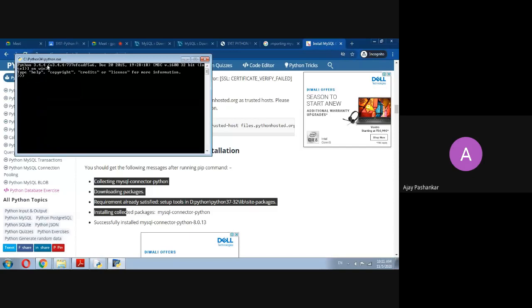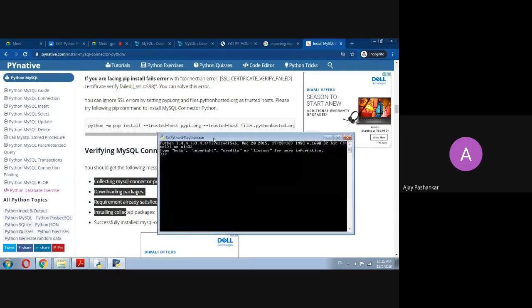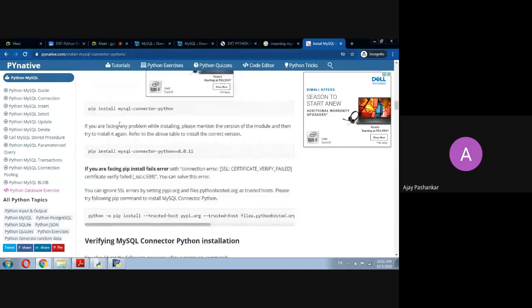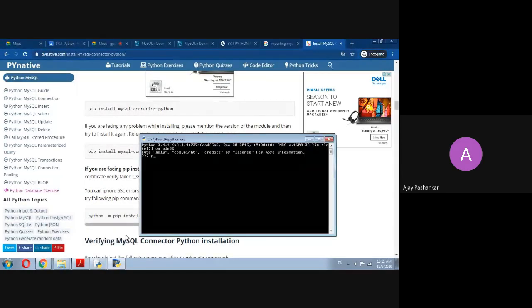Okay, so this will not work. Just referring to this pip, note down this command: pip install mysql-connector. Make sure you have typed the spelling properly. Invalid syntax. Okay.